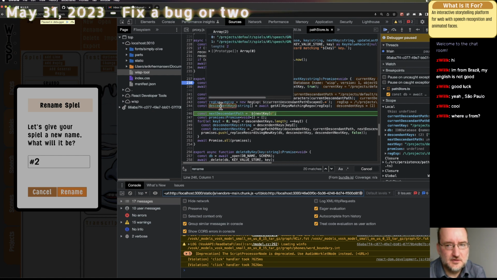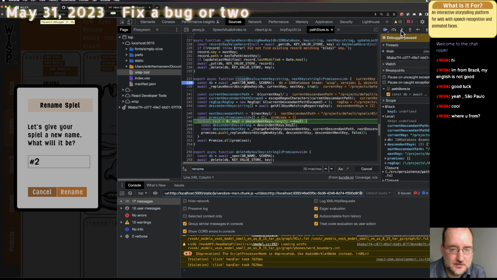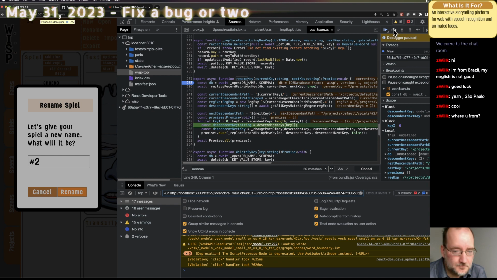Oh, good. So there's some bug in the developer panel where it wasn't showing the latest. Okay, those are the keys I expect to find. They did match against the current path, and I will be replacing the key in the path inside of the H record with the number 2. Okay, so let's go into here.